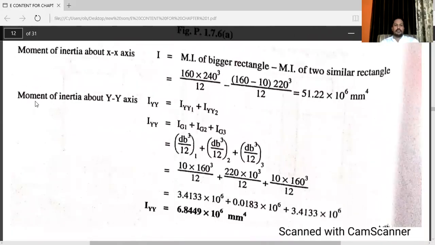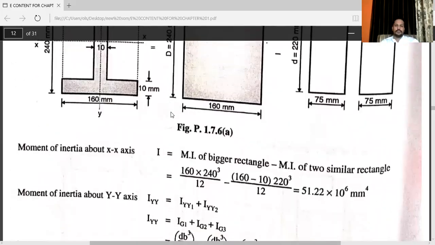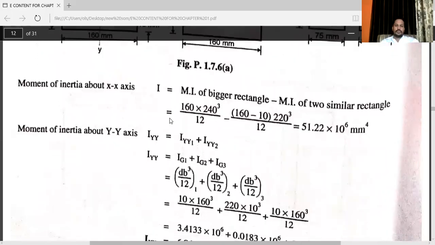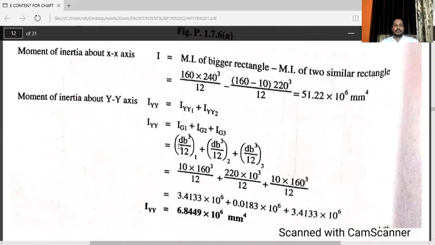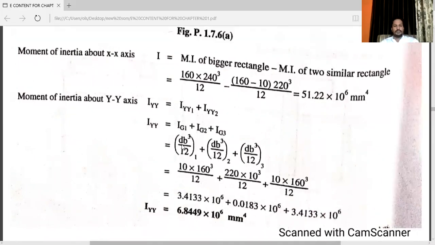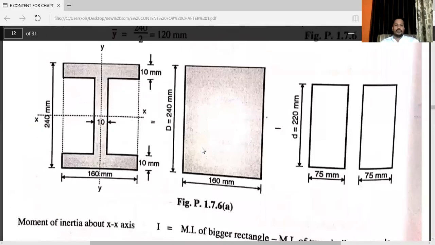Whenever you have to calculate moment of inertia about y axis, here Iyy is equal to Ig1 plus Ig2 plus Ig3. Again, we know how to calculate these things. The formula will be dB cube by 12, dB cube by 12, and dB cube by 12. See, about y axis,